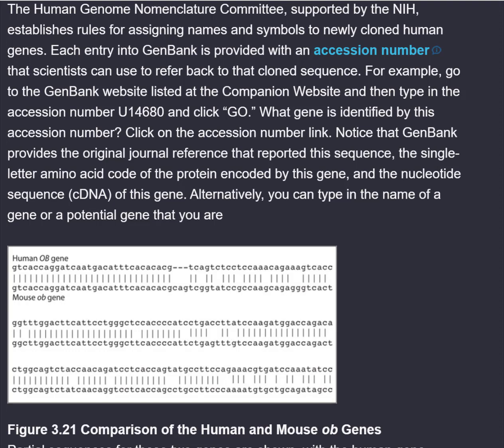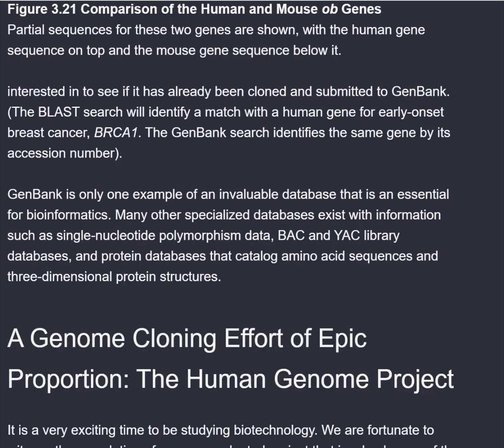Click on the accession number link. Notice that GenBank provides the original journal reference that reported this sequence, the single-letter amino acid code of the protein encoded by this gene, and the nucleotide sequence, cDNA, of this gene. Alternatively, you can type in the name of a gene or a potential gene that you are